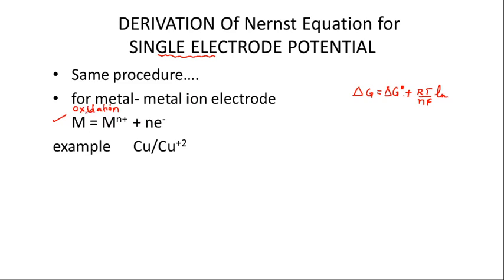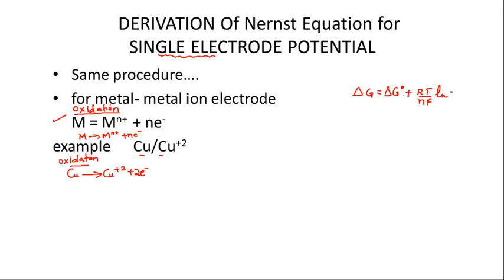Okay, this is the oxidation reaction of that particular electrode, metal, to give us metal ions plus n number of electrons. Now it can be any metal. For example, here I have taken copper. So if you are writing the copper reaction, copper will give you Cu2+ plus 2 electrons. So if this is your oxidation reaction,